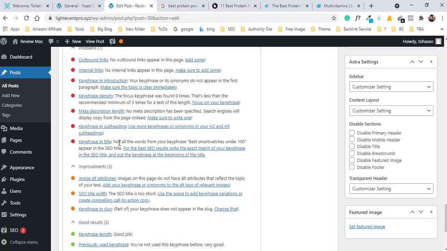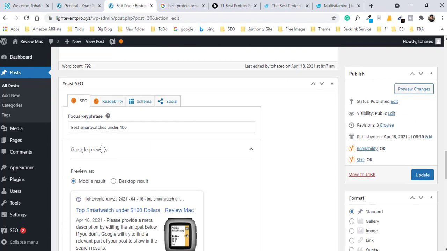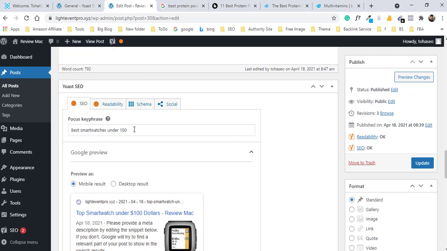your keyword phrase or similar ones. Like my keyword is best smartwatch under 100. Now my supportive keywords should be top smartwatch, or budget smartwatch under 100, or cheap smartwatch, or quality smartwatch under 100. Those are my supportive keywords. So you should use your LSI and supportive keywords, not always the exact keyword, because over-optimizing or over-stuffing is very bad nowadays in SEO.